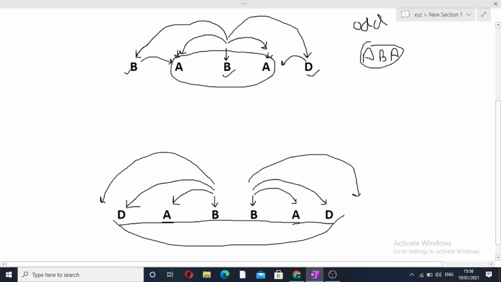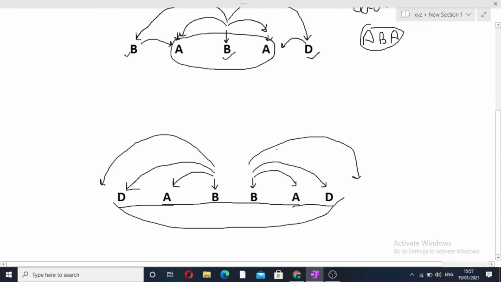So what we have learned using this approach is that when we have to find the odd length palindrome, we will take only one pointer at a particular index, do it for every index, and expand around the center, that is move one step back and one step forward. This will give us the palindromic substring of odd length. And the palindromic substrings can be of even length also.